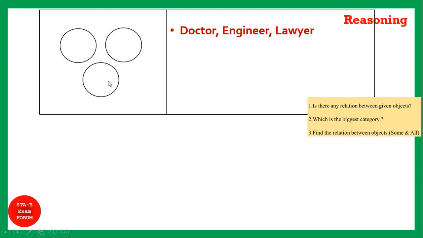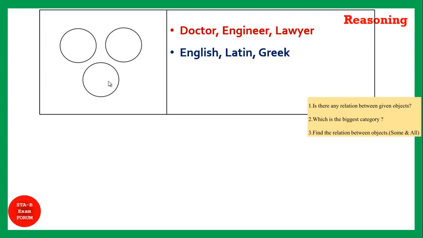Okay, so let us see a few more examples. Let's say English, Latin and Greek. Yes, all these are languages, but English cannot be Latin, obviously. Latin cannot be Greek, obviously, and Greek cannot be English. So there is no relationship at all between these 3 objects. Remember, between these 3 objects, if language is there, then everything comes into that language circle.